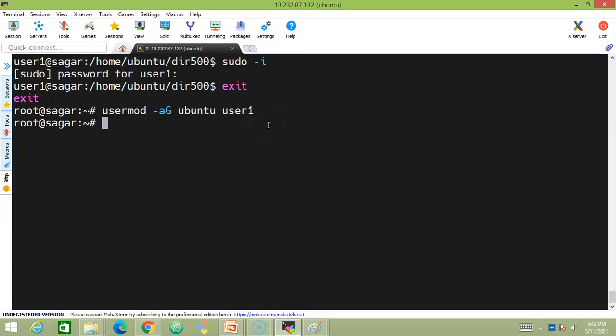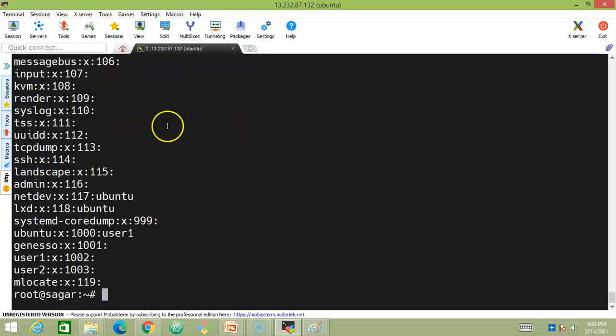Press enter. Now look at one of the files, /etc/group, and enter. The moment you look into it, this Ubuntu group is added with a new user called user1 here. We have just added user1 to this Ubuntu group. Now let's switch back to user1. I'm trying to become user1 again.